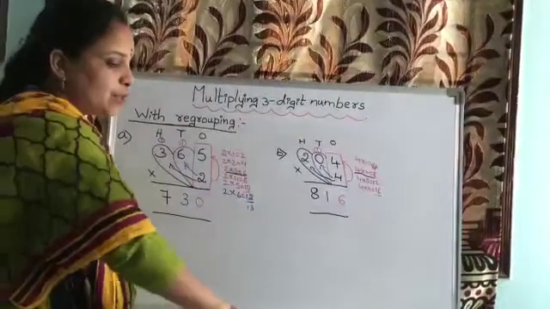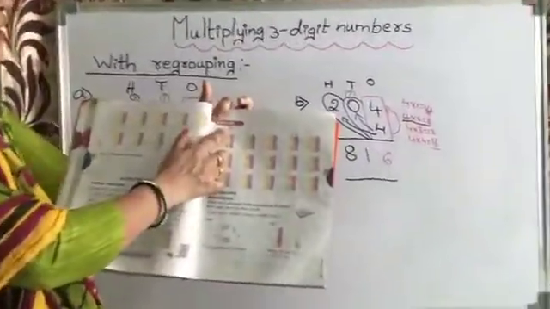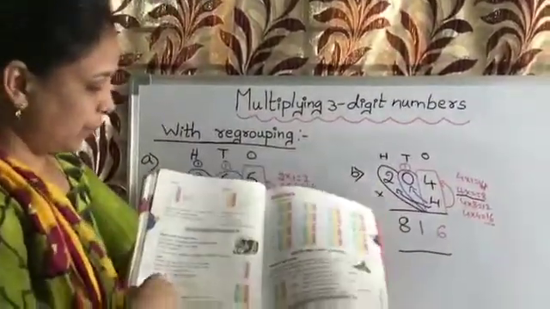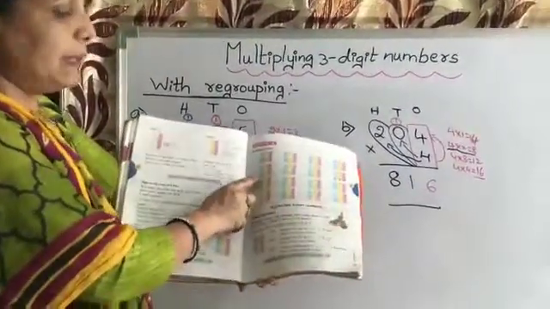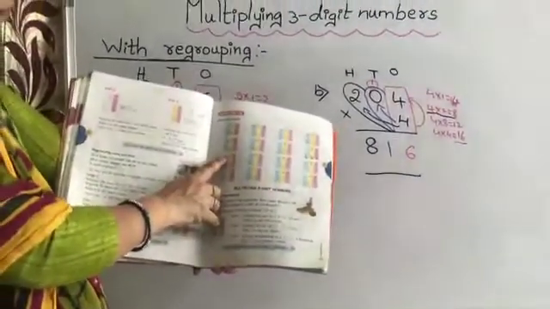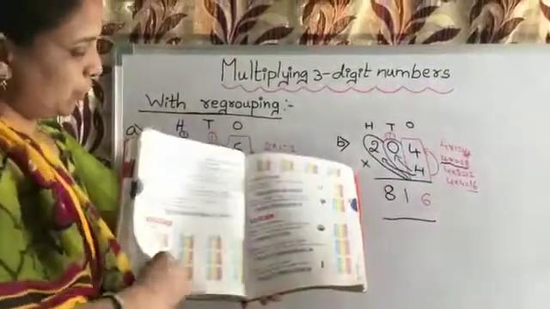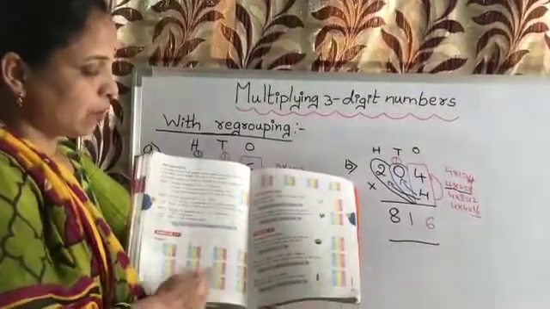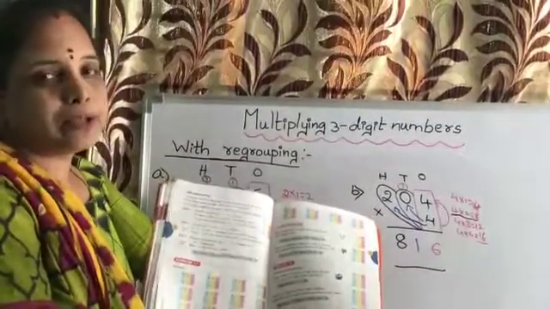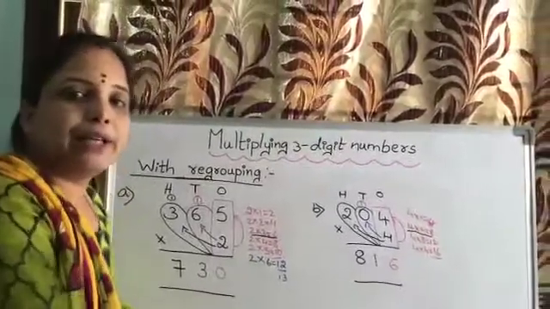Now we finish multiplying 3-digit numbers. So you can easily do the sums in exercise 1.5 and you can do the sums in 1.6, and this is multiplication of 2-digit number with regrouping, this exercise, children. And now multiplying 3-digit numbers, you can also finish exercise 1.7 and 1.7. Here combination of without regrouping and with regrouping sums are there. So please practice the tables, children, and you can easily do the sums.